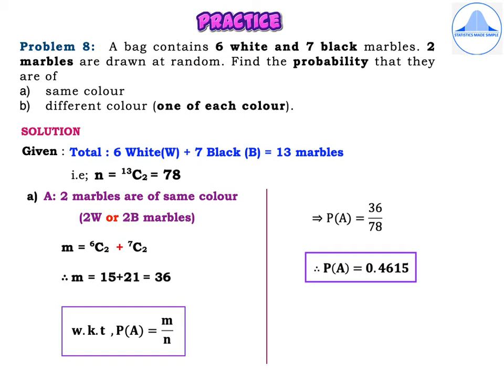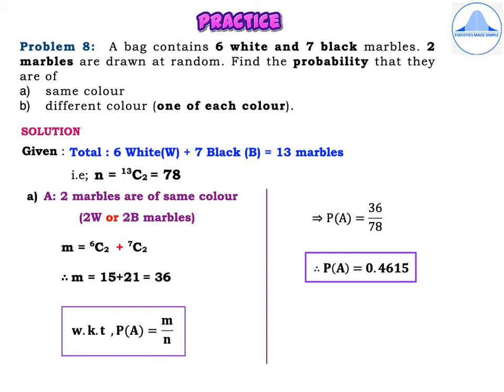Now let's start with the first subdivision, subdivision A. Define event A, capital A, as we have to find out that the 2 marbles which you draw are of same color. So be specific over here and write event A as 2 marbles are of same color. Now what do we understand by 2 marbles are of same color? It means that they can either be white or they can be black. That means we have to pick 2 white or 2 black marbles. Now remember that or means it is plus, which I have highlighted in red color.